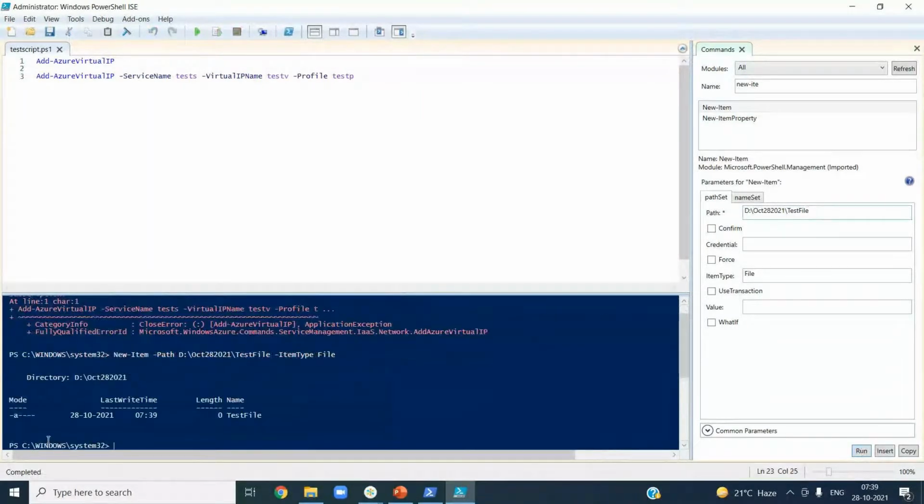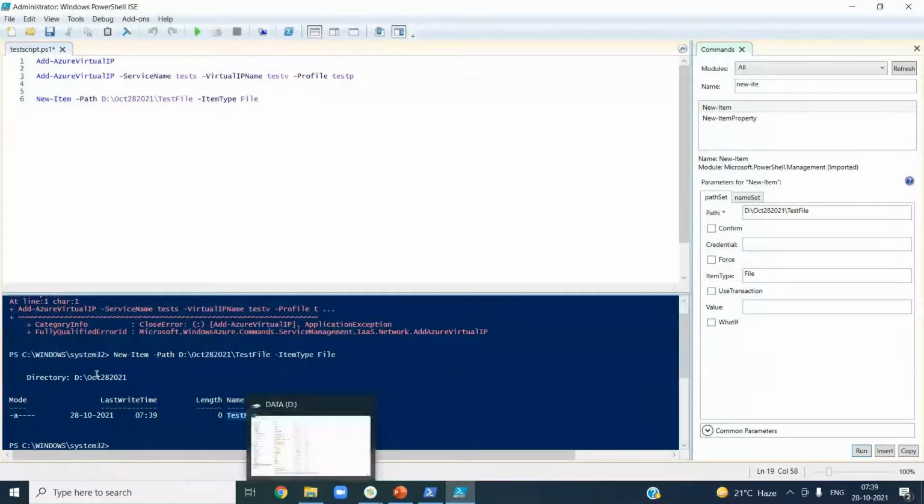See, in the bottom, I copy this and paste it here. This is the command I'm using, so you can easily do this. Now what happened is a file named test file was created in this path.